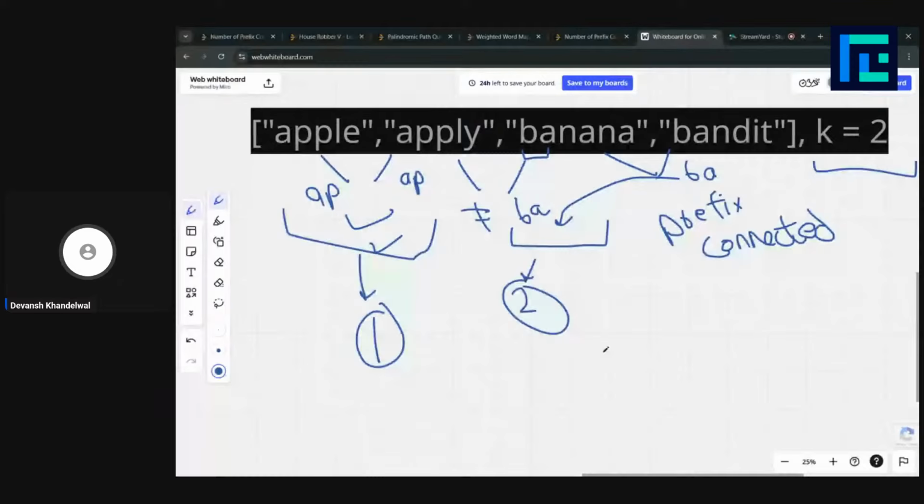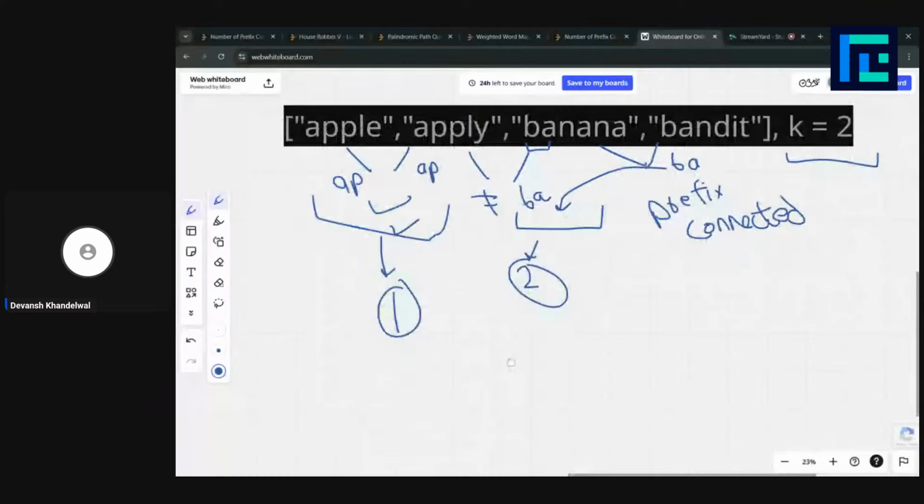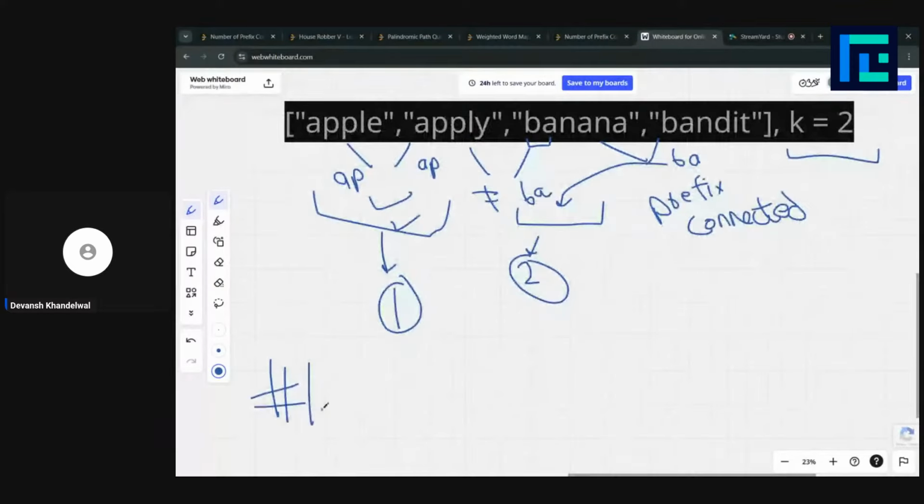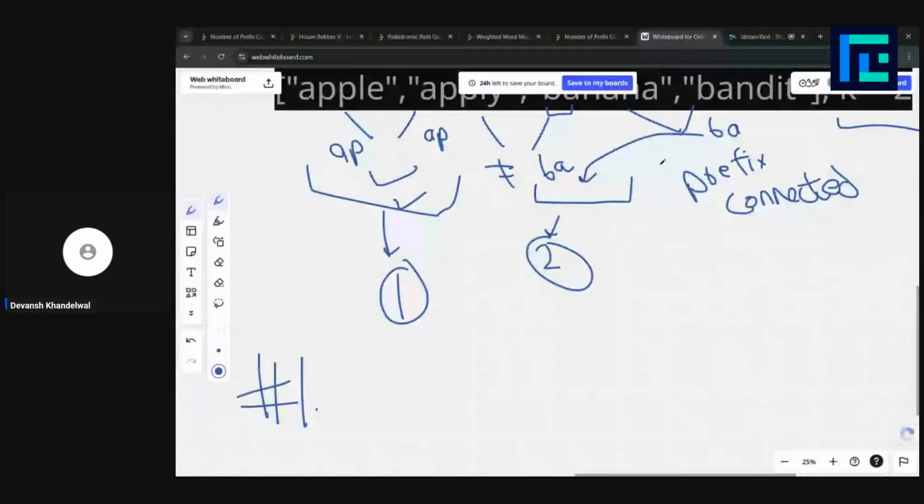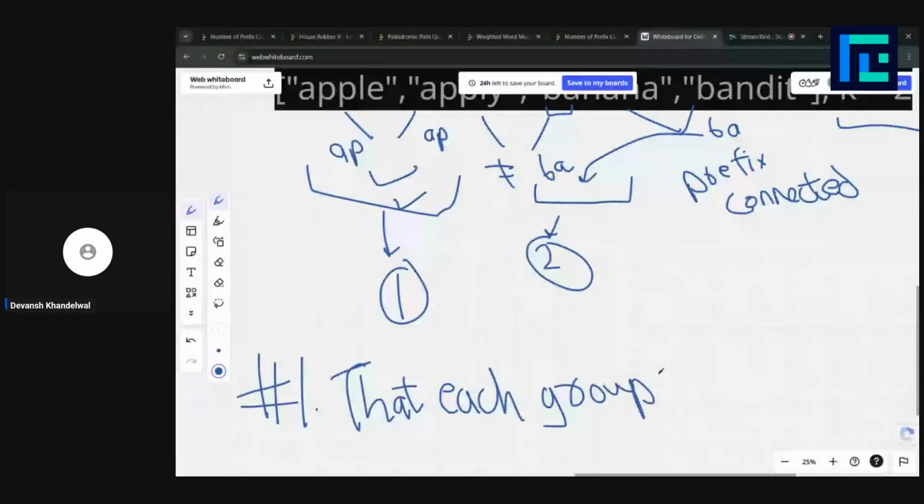That means, this is our first observation from the example itself, that each group must have the same prefix of length k.